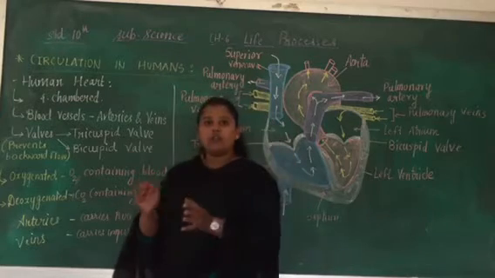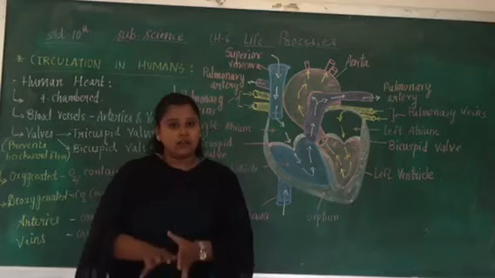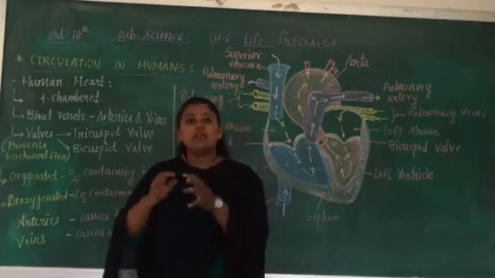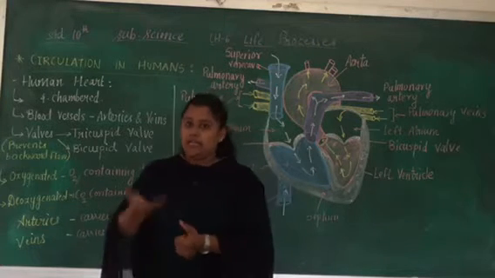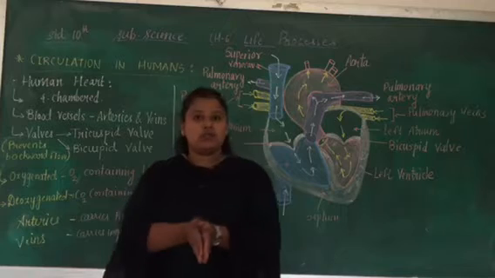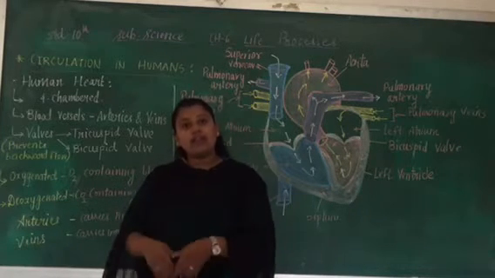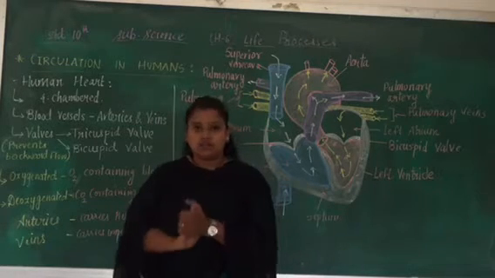So first of all we are going to study the human heart in detail, that means the internal structure of the human heart and how the blood is running in the body, right? Two types of blood are present. When we are intaking oxygen, that is said to be the oxygenated blood, and whatever carbon dioxide is produced by our cells is ejected out, and that is said to be the deoxygenated blood.